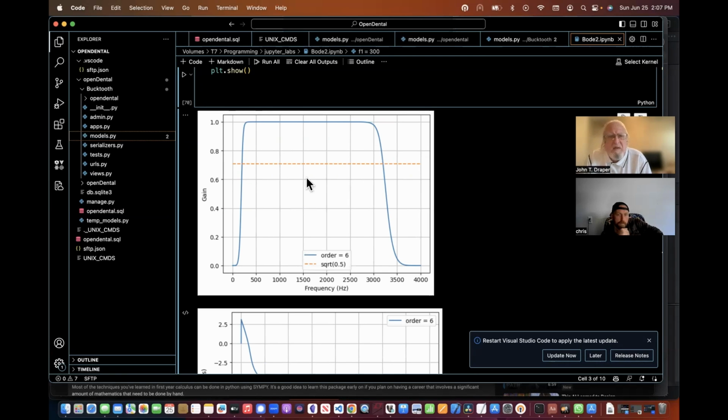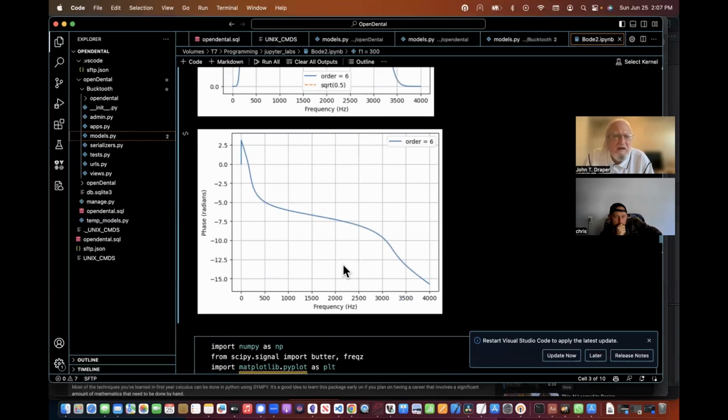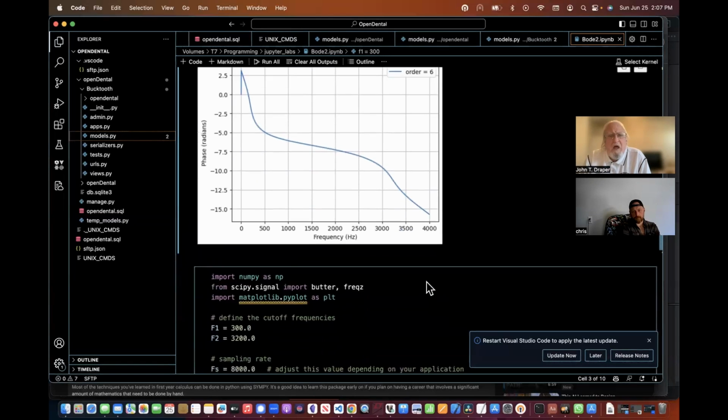Now, this is the band pass of a standard old phone circuit, okay? The dash, dash, dash here is the square root of 0.5. What I said before was 1 over the square root of 2. Okay, so down here is the phase shift, and you can see it's a fairly consistent phase shift. It starts way up here, and it gradually goes down a nice smooth phase curve like this. And you're going to want it that way, okay?